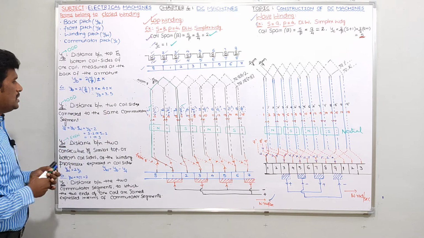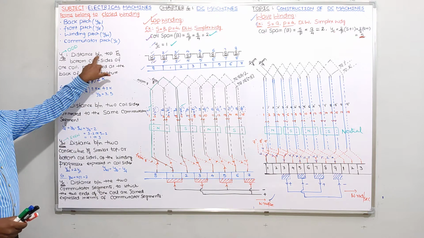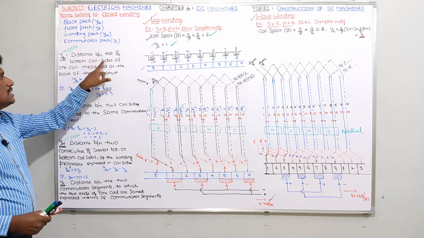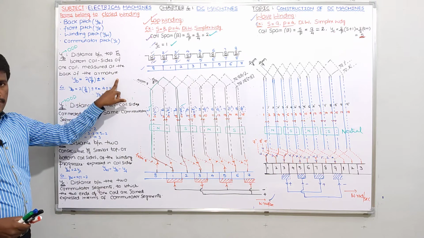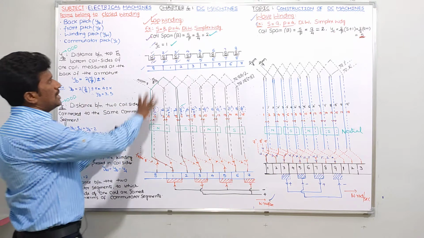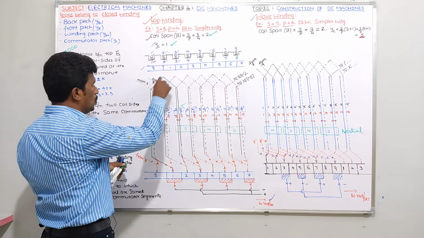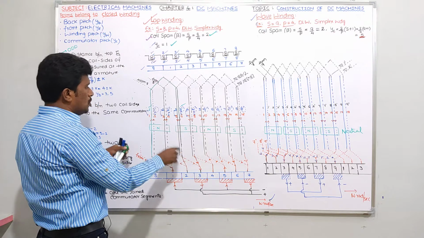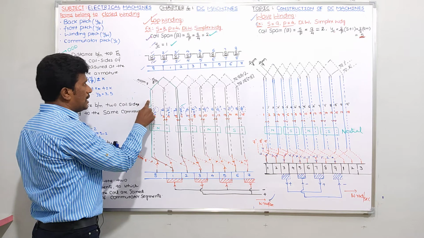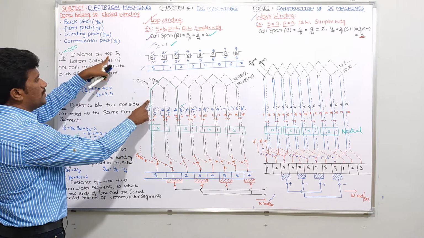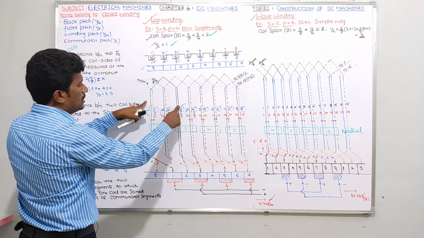Okay. So please tell me in the first case, YB, back pitch: distance between top and bottom coil sides of one coil measured at the back of the armature. That means, for example, if you take this lap winding, as I told you, if you take this coil, 1, 2, 3 dash is the coil. In this coil, this coil side is a top layer conductor. Distance between top layer conductor and bottom layer conductor, I mean to say the bottom layer conductor is what I can say 3 dash.